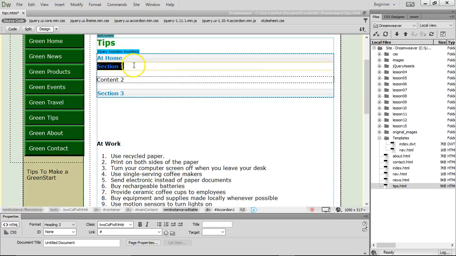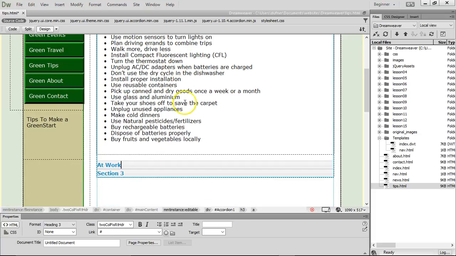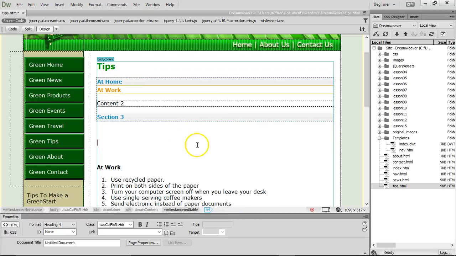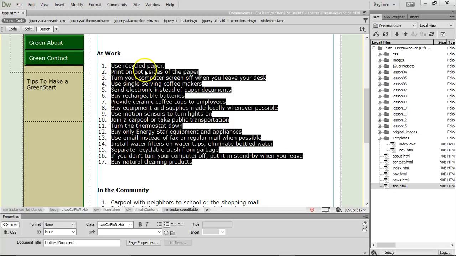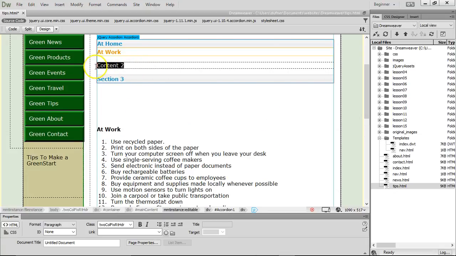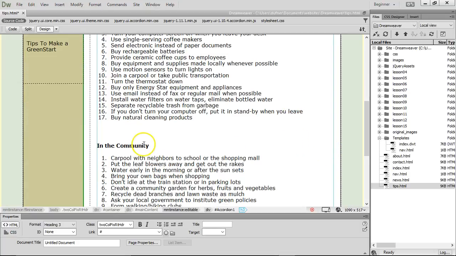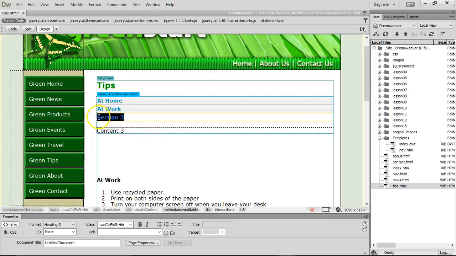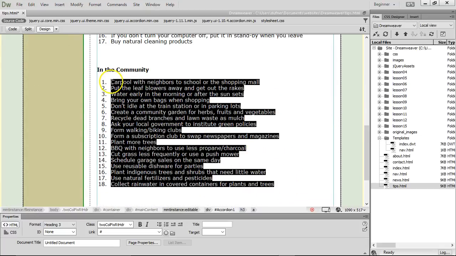So what happened there? I'm just going to write it at work. Seems a little touchy. Let's get this one, copy it, go into content 2, paste. Good. Section 3. Let's go to In the Community. Paste it in the community. And then in the community, let's take that, copy,